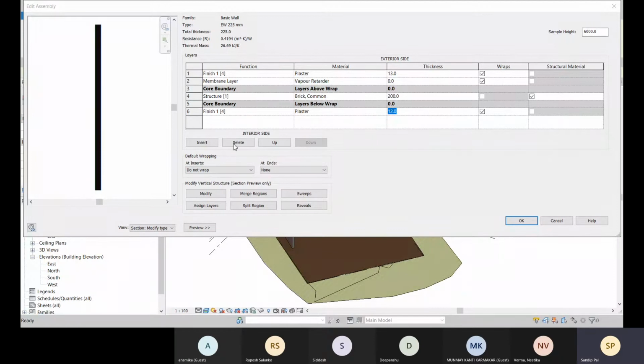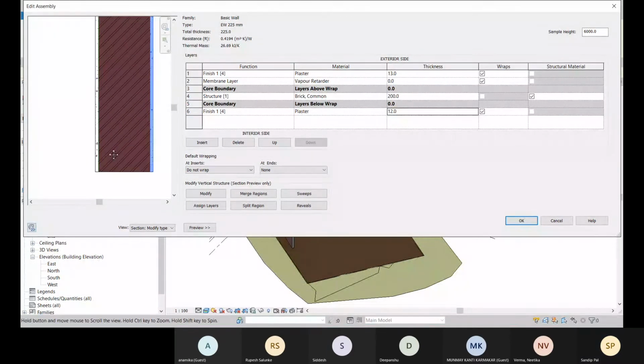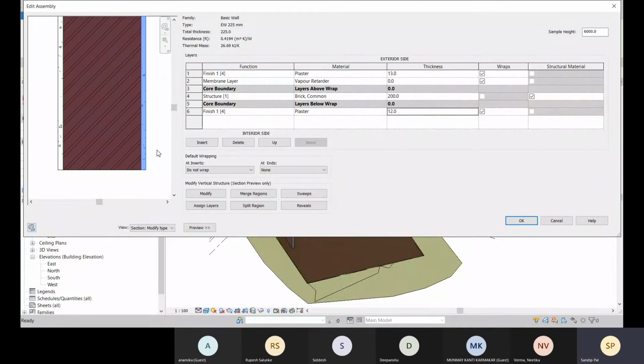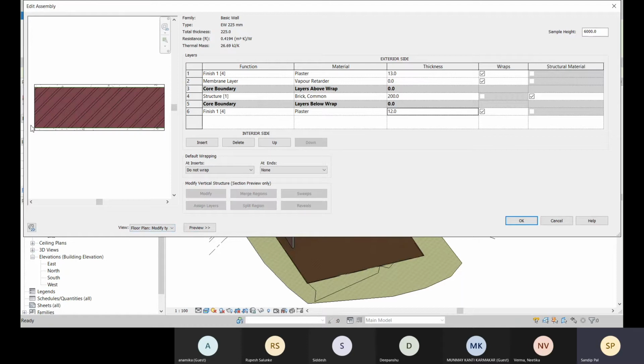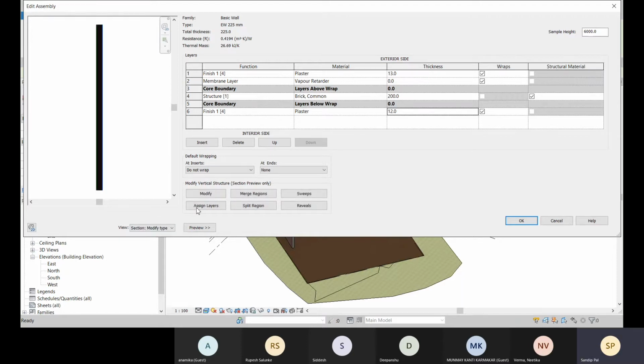All right. I hope you understand. So these are the materials. And within this preview, you can choose either section or floor plan. All right. So you can go with the section. Okay. So we have other options.